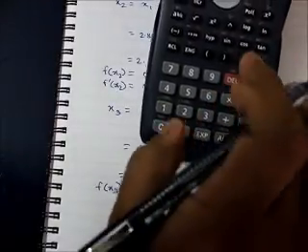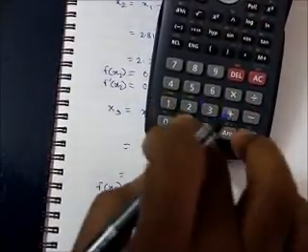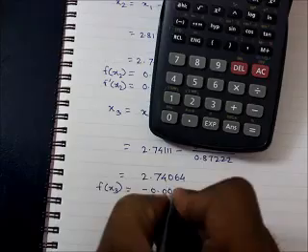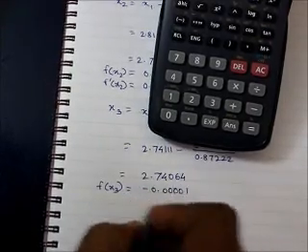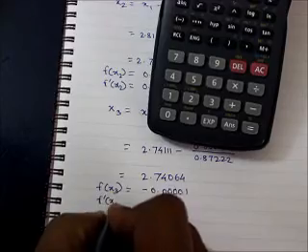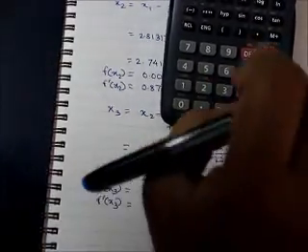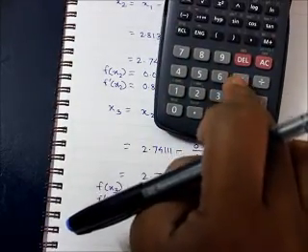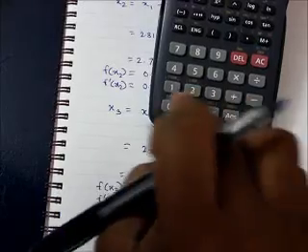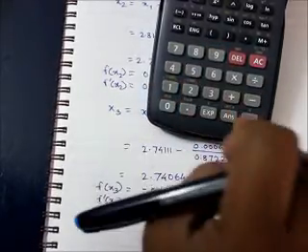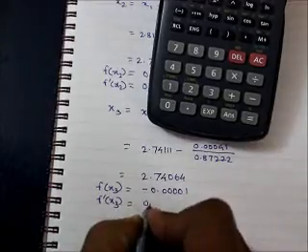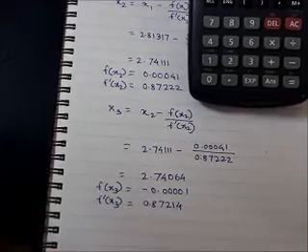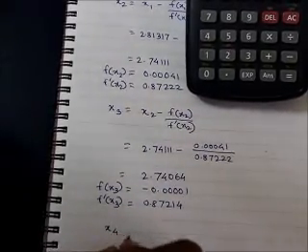equal to answer into log to the base 10 of answer minus 1.2, which is minus 0.00001. Okay, and f dash of x3 is equal to log to the base 10 of 2.74064 plus 0.43429, which is 0.87214. Okay, which gives us our x4,